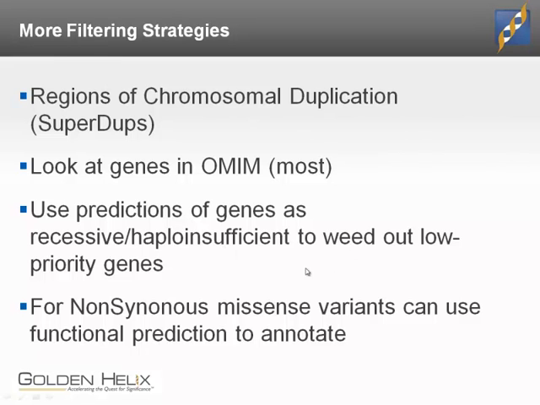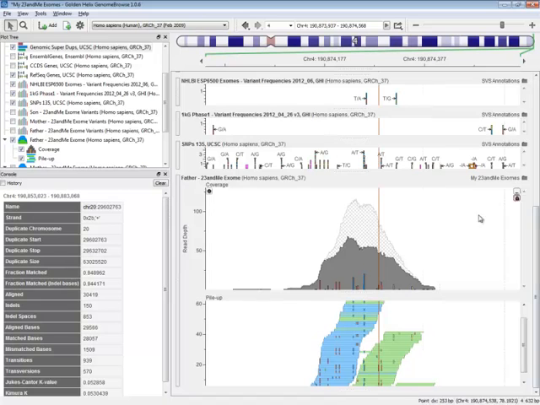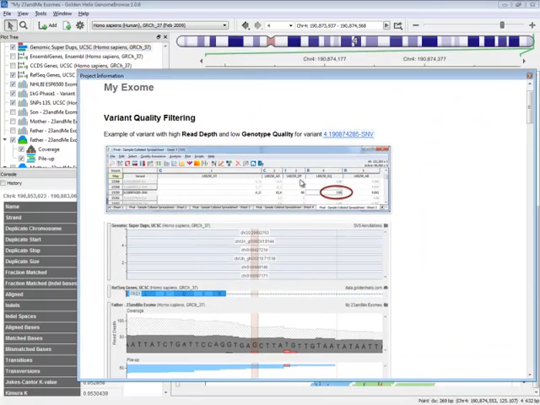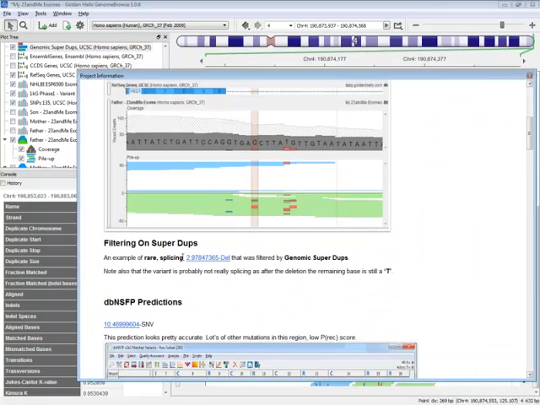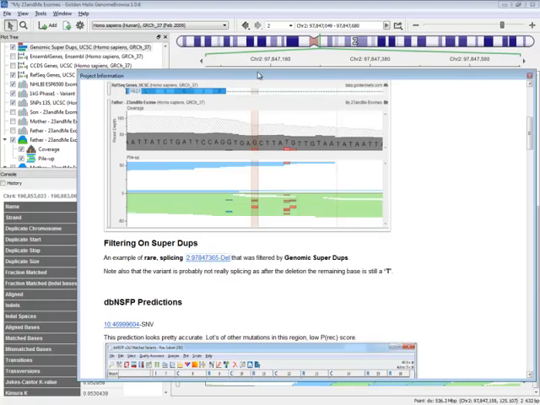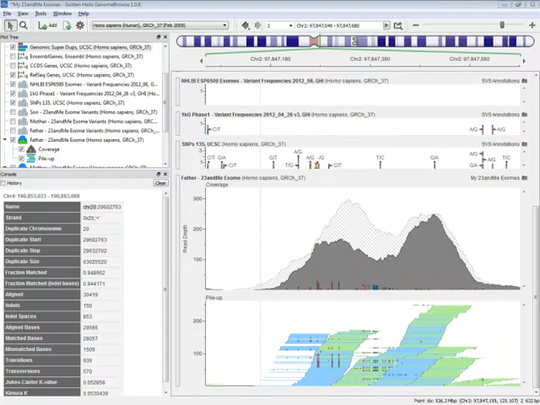And then for our non-synonymous variants, we can look at some functional annotation information, which I'll show you too as well. But what I want to do is talk about those tracks and those filtering strategies in the context of GenomeBrowse. And to do that, we're going to start with just looking at another variant here that is in a super duper region. And this was a rare splicing variant. So if I click on this guy